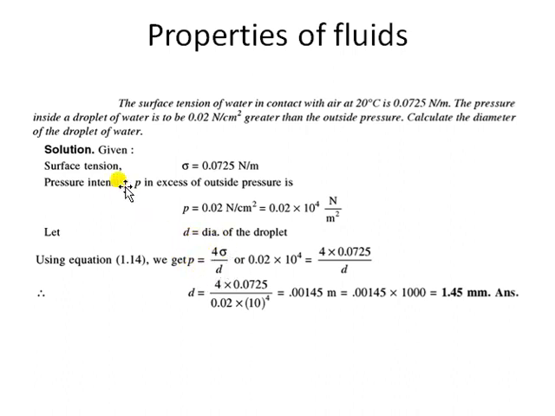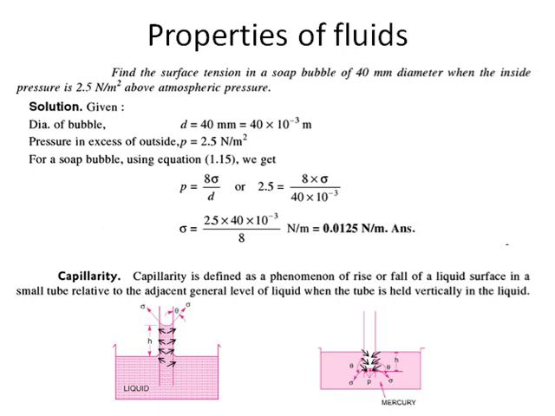Let us first see what quantities are given to us. Sigma, the surface tension, is given to us directly. Pressure is given in terms of Newton per centimeter square. If you convert centimeter square into meter square, you just need to multiply. Centimeter square was in the denominator, so it will come over here. Fine. So it will become 10 to the power 4. Okay, 0.02 into 10 to the power 4 Newton per meter square. That is the pressure. By substituting all those values here, P and sigma, you can easily calculate the diameter. It will be nearly 1.45 millimeters. Okay, so this was a simple question.